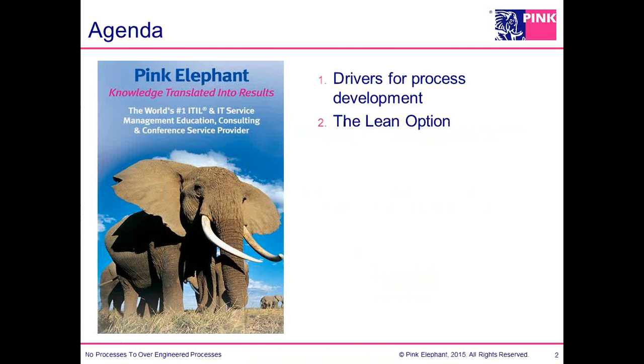So the first thing that I want to talk about is what are some of the drivers for process development? In other words, why are organizations focused on we have to design our processes, develop those, implement those processes out there, and then also based upon what typically happens in organizations, I'm going to talk also about what are some of the lean option areas that we're going to look at. And I'll just talk about some basic tools here. This is not anything far-reaching, but I'm going to talk about how we've been successful in actually using these tools, and also I'll give you some stories around organizations of what I've seen, how we've implemented some things and some of the challenges that organizations have had.